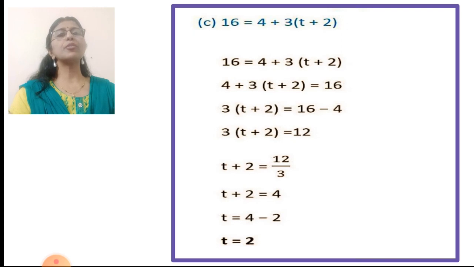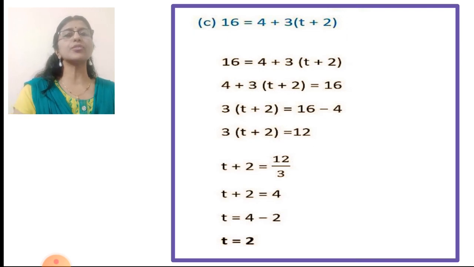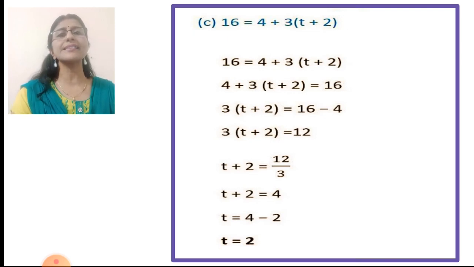Now we will have to remove 3 and the bracket. As it is multiplied, here 3 is multiplied by the term t plus 2. So here 3 has to be removed. For that we have to divide both sides of the equation by 3. So the bracket also will go. You will get t plus 2 is equal to 12 upon 3, and 3 upon 3 will be cut. So directly we'll write t plus 2 is equal to 12 upon 3, and 12 upon 3 is 4, since 3 4s are 12. t plus 2 is equal to 4.